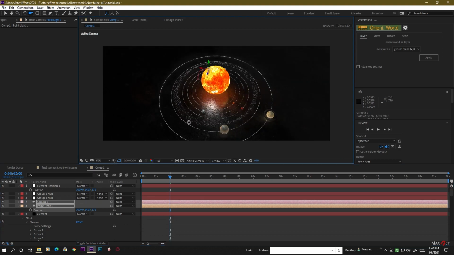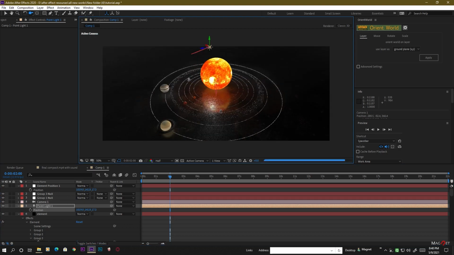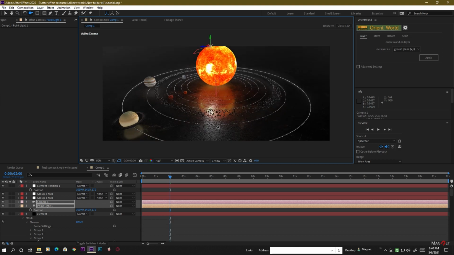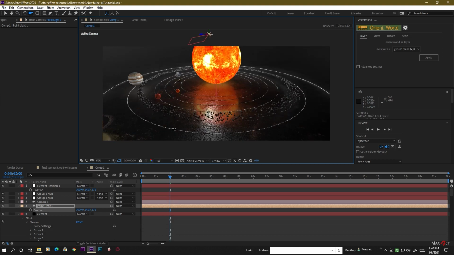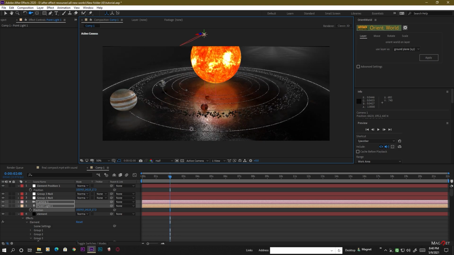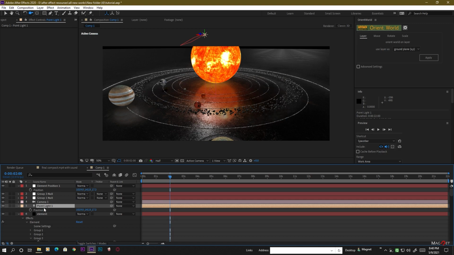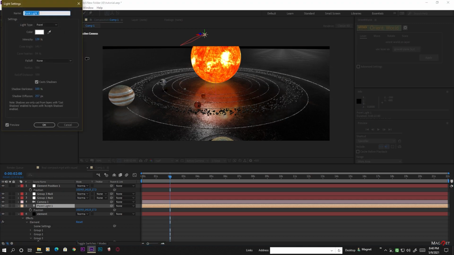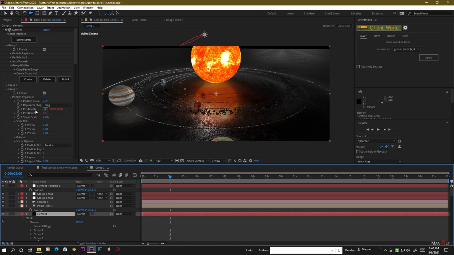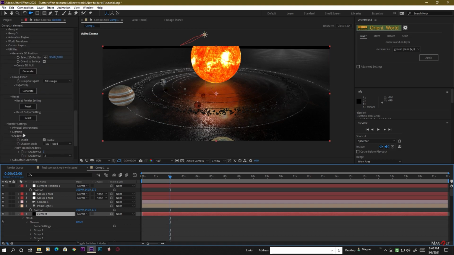Okay, so in this way you will see it creates a nice shadow for our objects. So again we select the point light and go to the point light setting and decrease the shadow diffusion like that. Decrease the shadow diffusion, and now hit OK, and again go to the element layer, and then we go